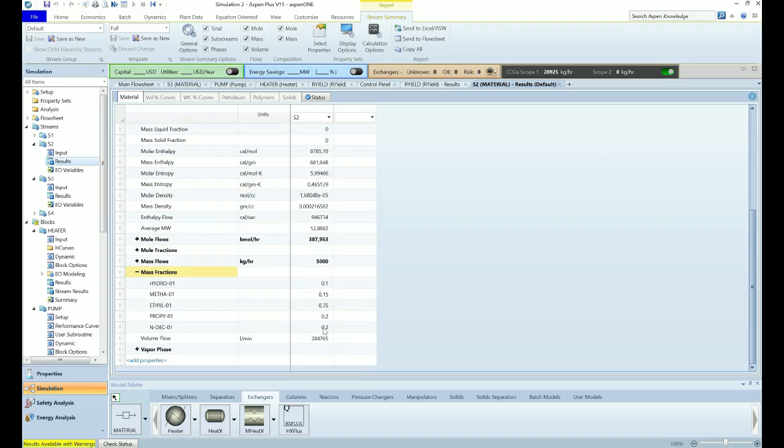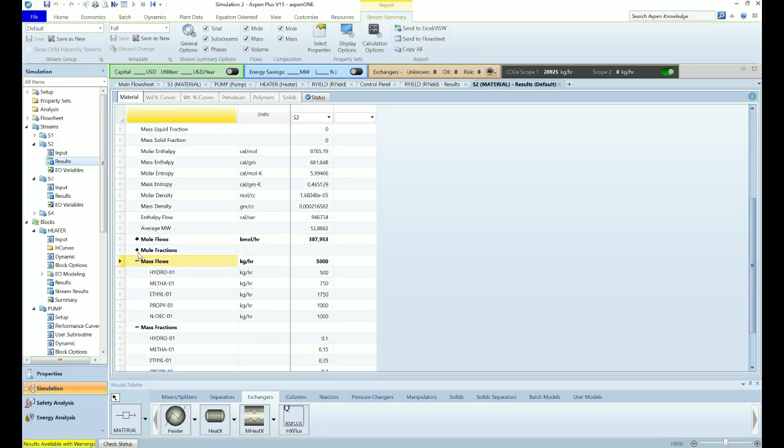But we can see here that at the exit we have the same mass that was fed into the reactor. Okay, so here we have the composition, and with this we can, based on the energy